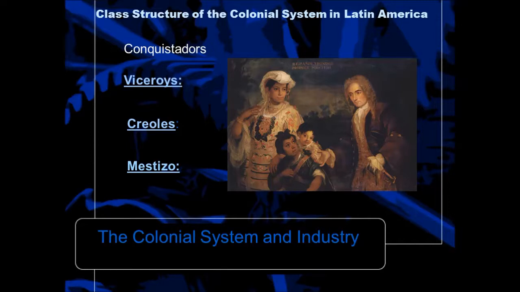They're not supposed to mix with each other. You would never want your Creole child to marry a mestizo. You really didn't even want your viceroy child to marry a Creole, but it's going to happen. So it becomes very confusing. There are tons and tons of other levels as well. I'm only giving you the main three to kind of keep it simple, but you can see why it would be a problem, because it's really hard to stay within your class system and follow the rules of a class system when you could all be within the same household together. So very complicated system. Again, very, very, very rigid.